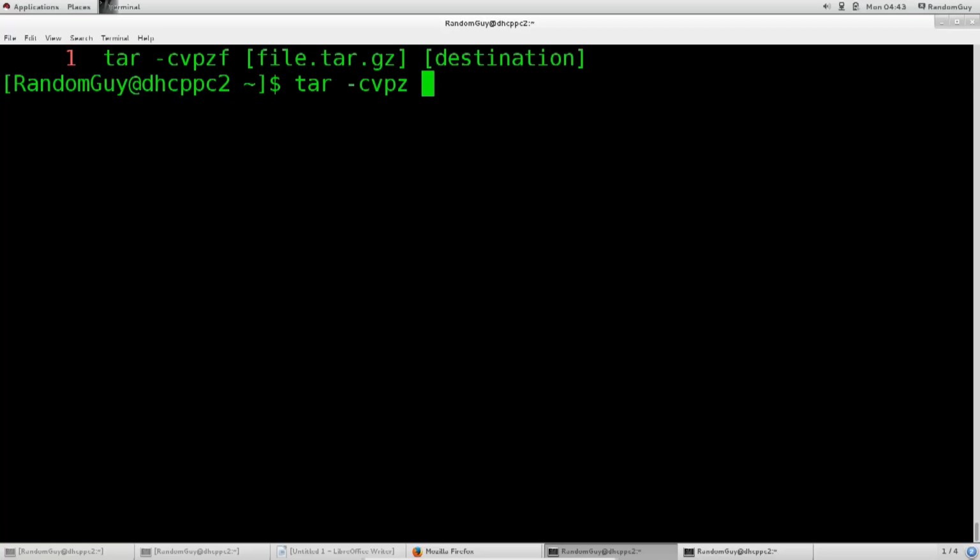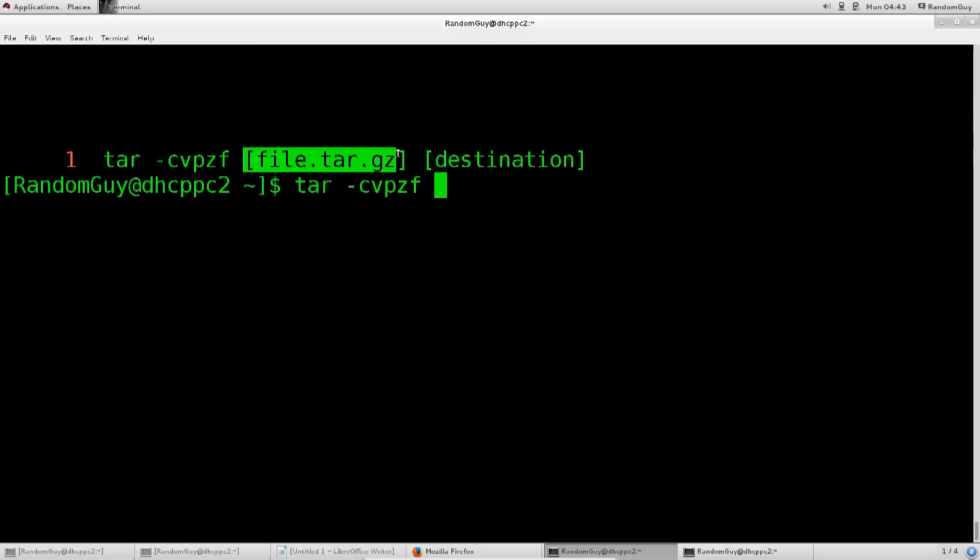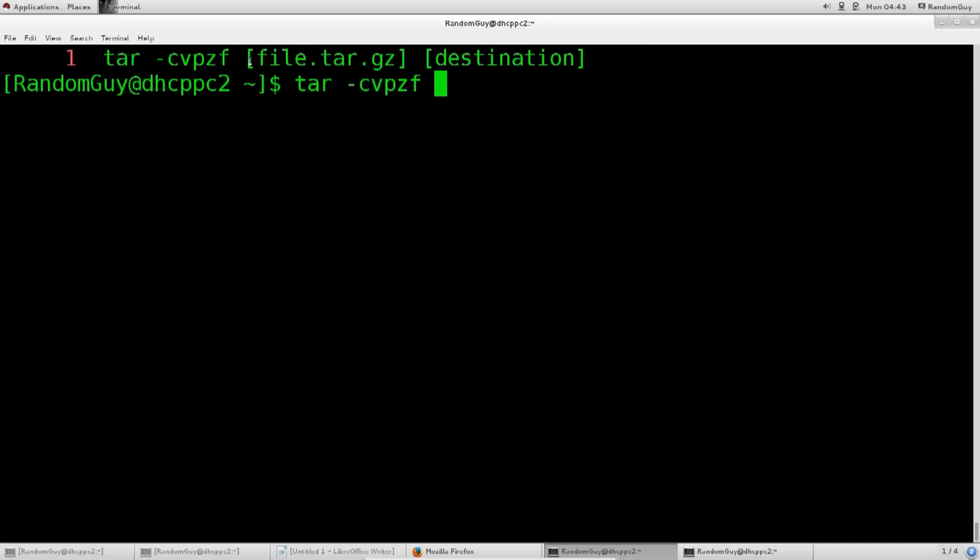Anyway, the next argument is F. F simply allows the tar to create a new file on the file system. And now I have written out here for myself two things that you can write here. So this one you do need to write. This is the file where it's going to get compressed. So this is what you are compressing it to. And this is what you are backing up, so the destination of what you want to back up. Perhaps I should have renamed them like backing up file and file.